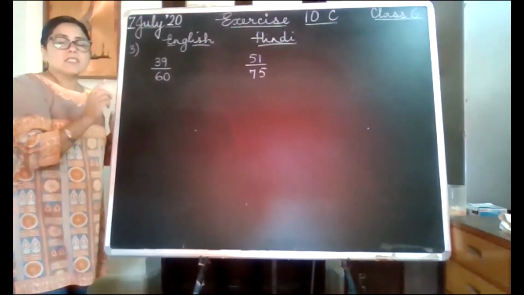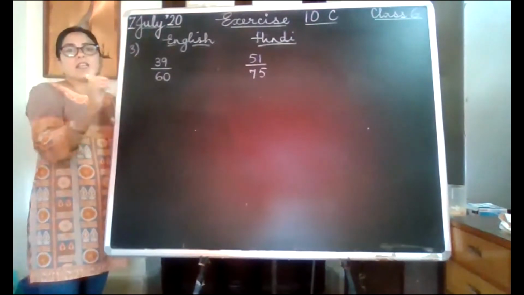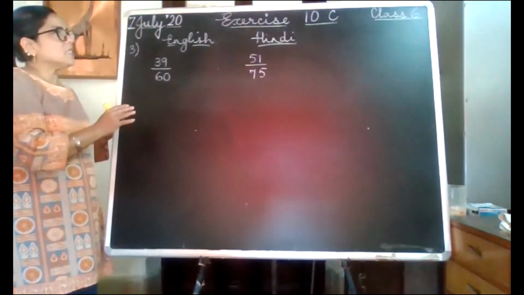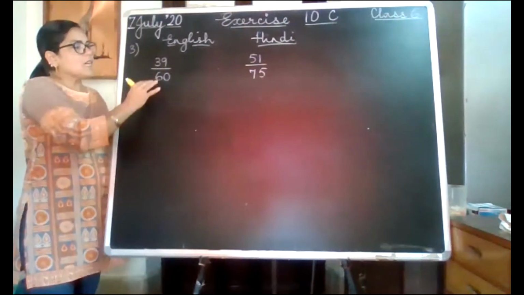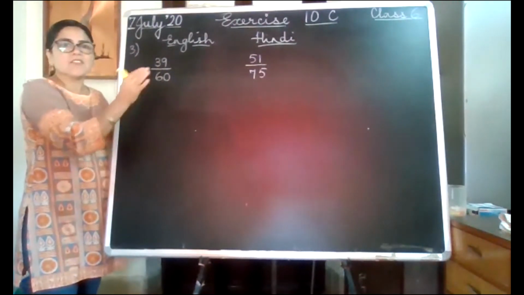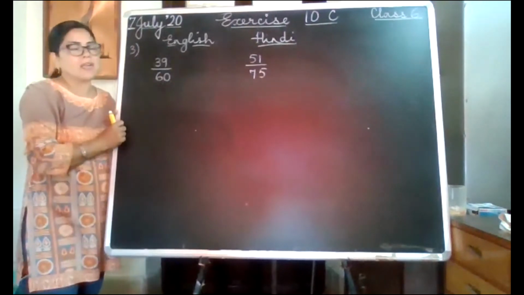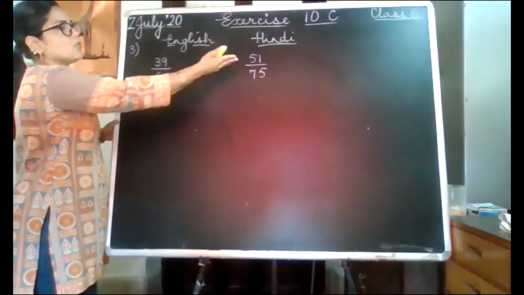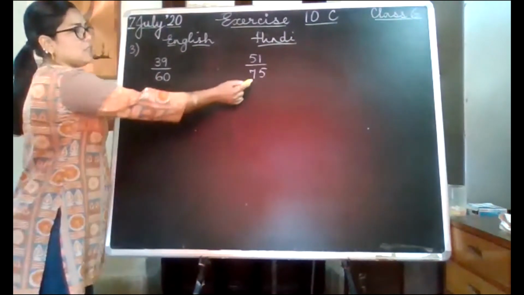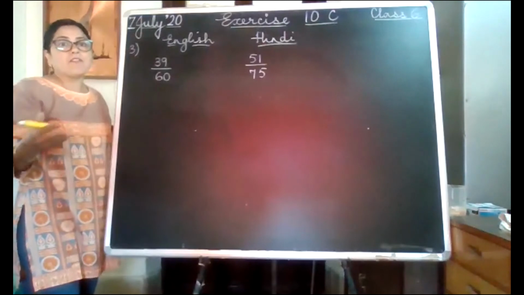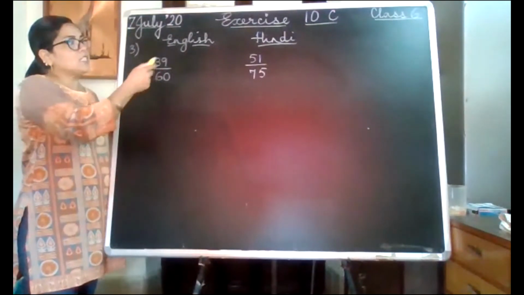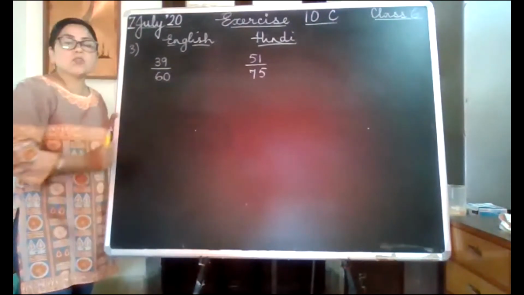When I had started percentages, this was one of the examples that I had given you, the need for percentages. What happens is, if the marks are out of different totals, like the total number of marks of a test is different, then it is very difficult for you to compare. If you look at just the numerators, you may think that she has done well in Hindi. But the Hindi exam also was out of 75 marks. Therefore we cannot simply tell whether she has done better in English or Hindi just looking at these.